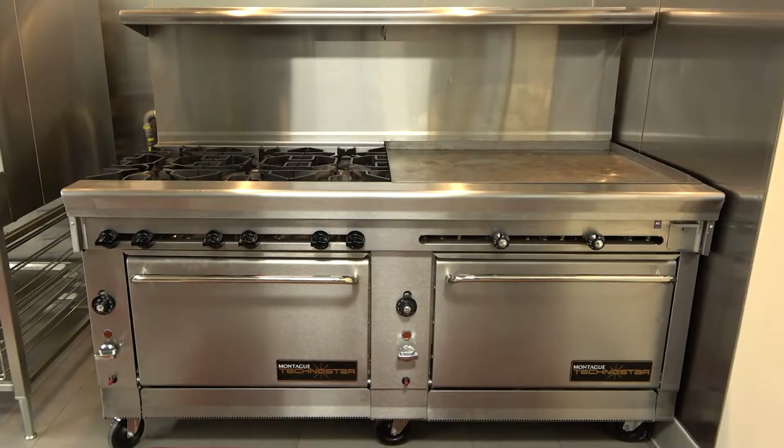So this is an instructional video on how to properly operate our grill, griddle, and oven. Before we begin, I do want to point out that you may not be hearing the fan at the moment. That's because I turned the volume down on that. I just want to make sure you guys hear these instructions as clearly as possible, and the fan is very